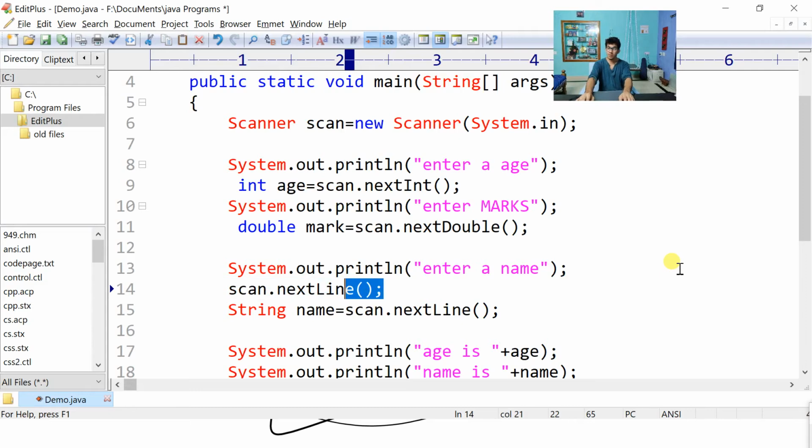Why? Because purposefully, in HackerRank, they'll give an input like this. They'll enter one name first, they'll enter one age, then they'll enter one name. But if you don't know, for the first time you'll think it will work, but it will not work. I hope you understood. In big programs, this is that indirect question which they'll ask. First one number is given, then strings are given. Remember, whenever a number is given first, immediately remove that number's empty string.